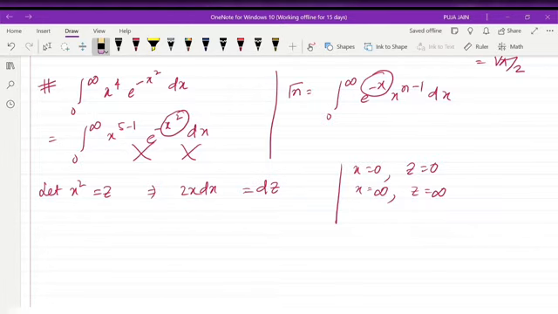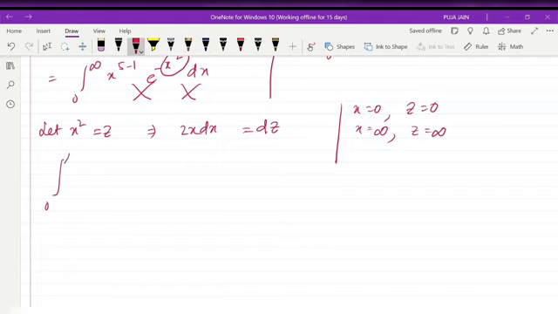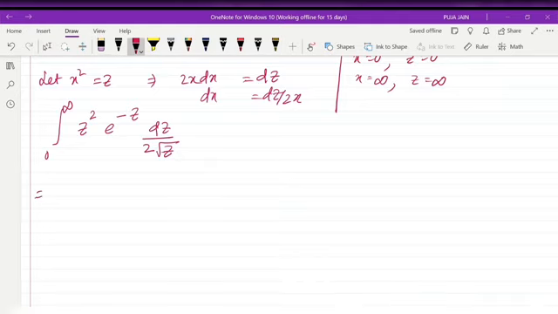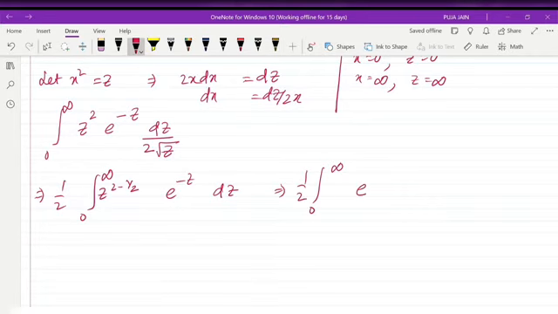Okay, so we will now change this integral as 0 to infinity. Initially the integral was x to the power 4. So if x square is equal to z, this will be z square e to the minus x square. X square means we have taken z. Dx is equal to dz by 2x. X is what? Root z. Now half is the constant, we can take it outside. E to the minus z dz. This is z square, and this if we take it up, we will get minus half. So integral 0 to infinity, half outside, z to the power 2 minus half, e to the minus z dz, that is z to the power 3 by 2.